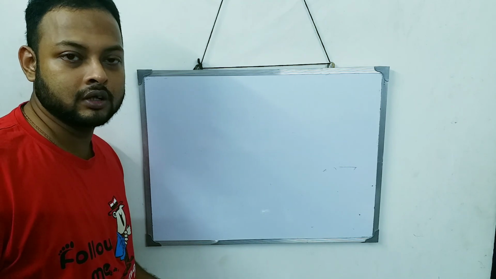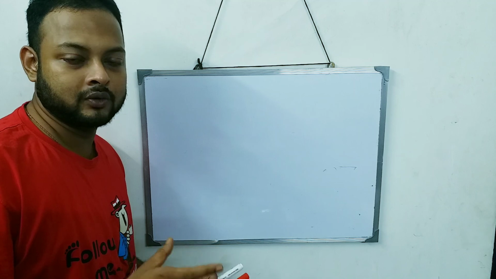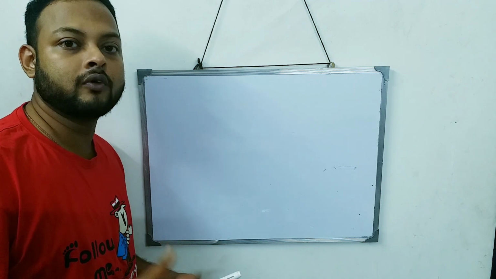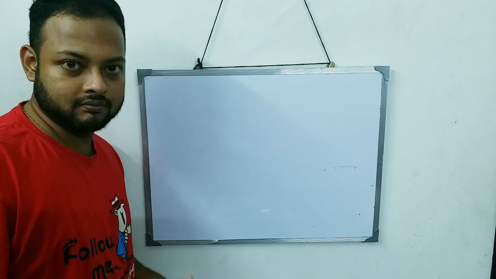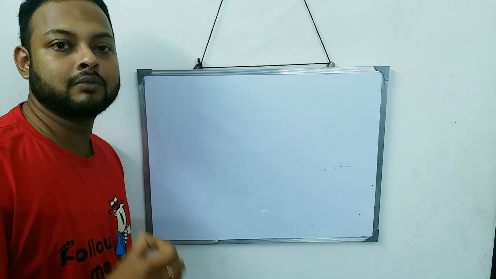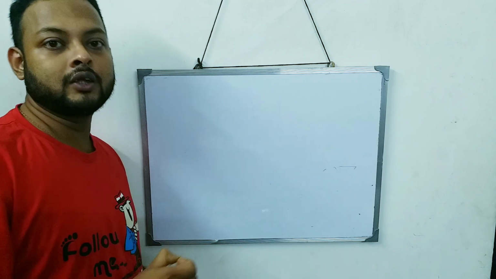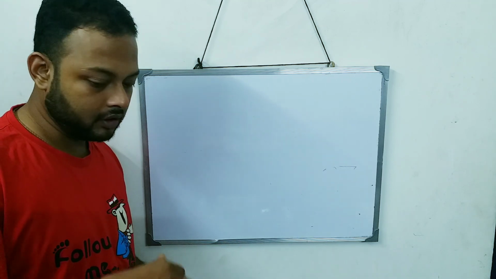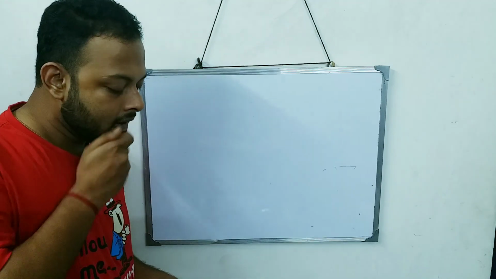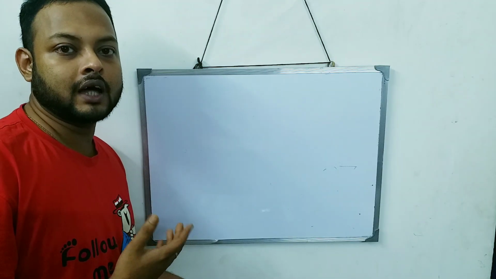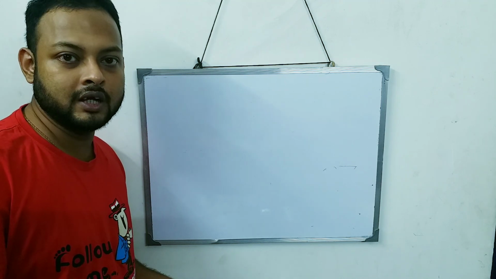Without the rules we cannot do a single sum related to this topic. So if you have already watched, very good, but if you haven't watched, please go back, watch part number 7, and then come back to this video part 8, and then you will understand the concepts or the logic behind the numericals. Before starting the numericals, I will just explain rule number 4 and rule number 5.